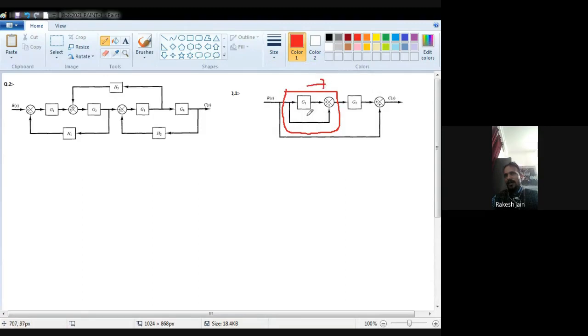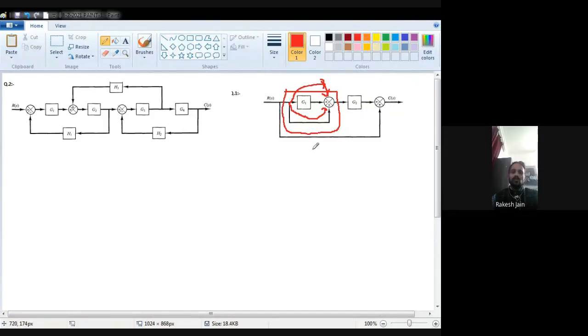Now see this one. I change the color size so you will understand. Now see this: here, G1 comes into a summing junction, and also a direct line comes into the summing junction, where the starting point of this direct line and the starting point of this block G1 is at the same point. It means they are coming from the same point and they are going to the same point.